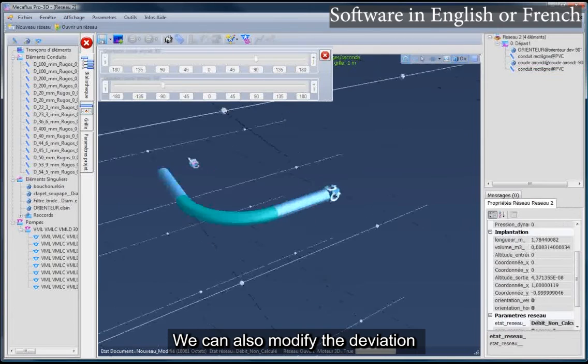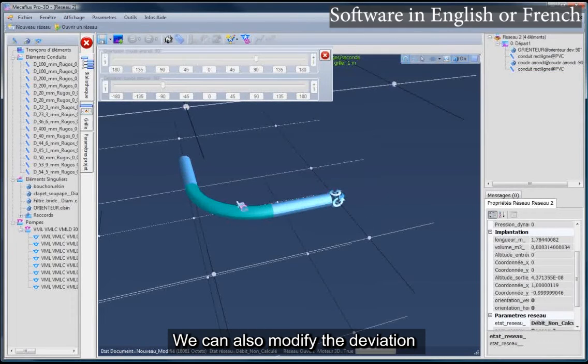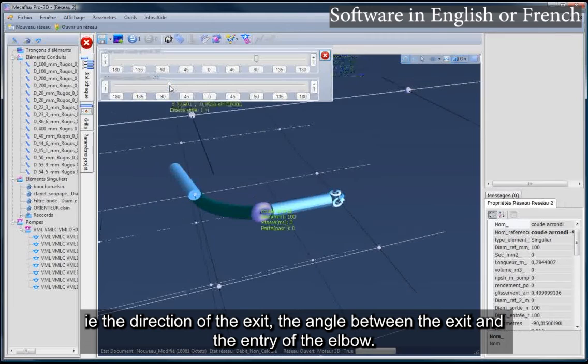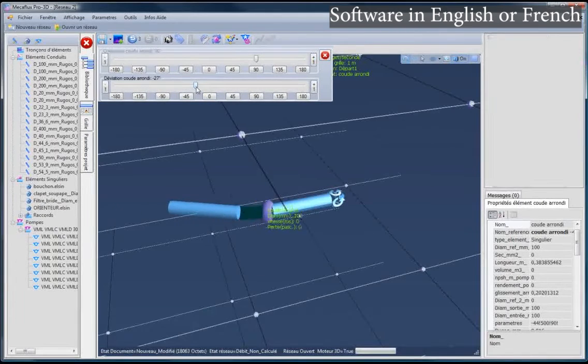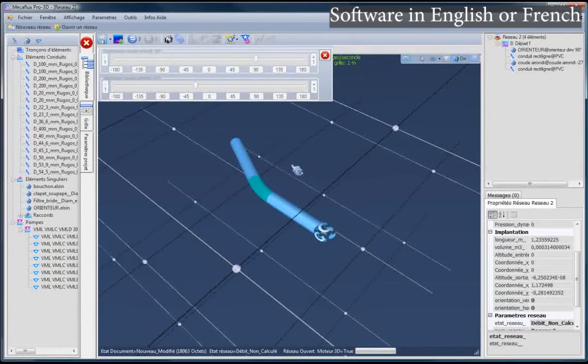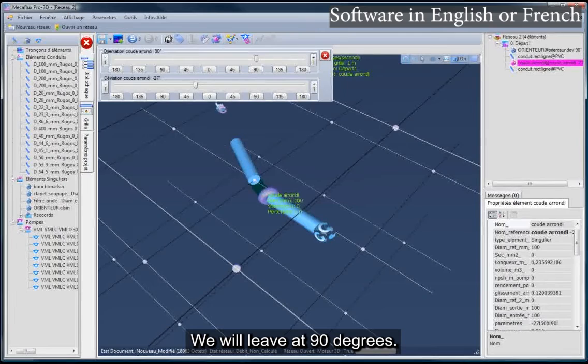We can also modify the deviation, i.e. the direction of the exit, the angle between the exit and the entry of the elbow. We will leave it at 90 degrees.